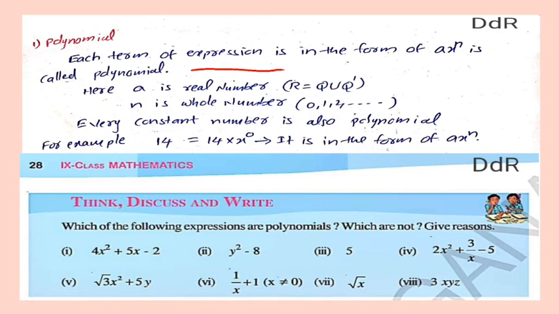So out of 8 questions, the fourth one is not a polynomial, the sixth one is not a polynomial, and the eighth one also is not a polynomial. So you remember one thing: when the variables are coming in the denominator place, definitely it is not a polynomial. Okay, see here the variable is in the denominator place, here the variable is in the denominator place, and of course the seventh one also is not a polynomial, because here it is x to the power of 1 by 2. So overall the fourth, sixth, seventh and eighth are not polynomials. So the remaining 4 are polynomials.